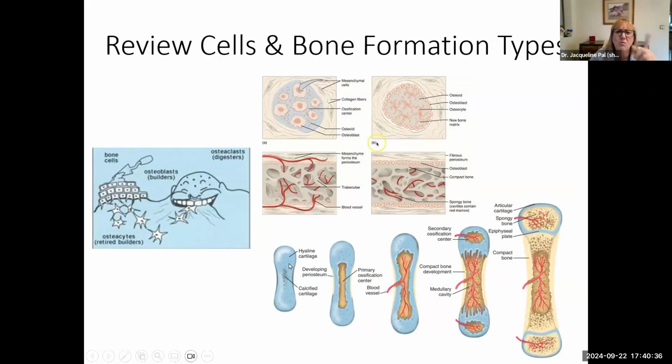Oh, and one more comment. Do you remember how I said that intramembranous started first at around 5 weeks to 6 weeks gestation? Well, the endochondral, it starts 1 week later, okay? Which, in the grand scheme of things is not that much later. However, if you're a 5-week fetus versus a 6-week fetus, that's 20% of your lifespan later. So it is significant for that time span. For us, 1 week is not significant.